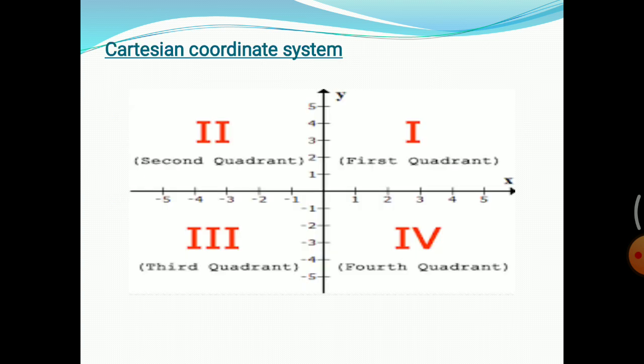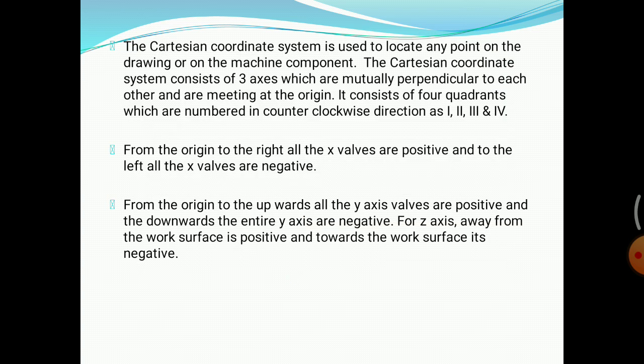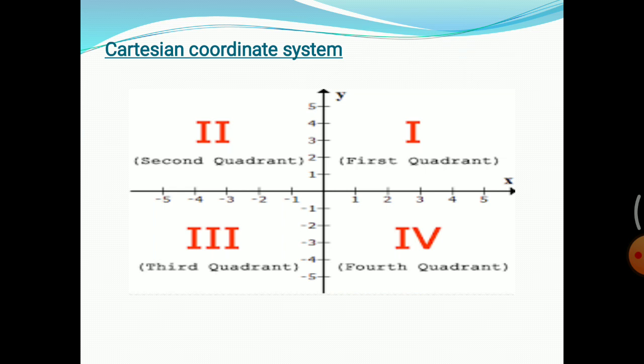Now, a Cartesian coordinate system is also very important when we are writing a CNC part program. What is a Cartesian coordinate system? A Cartesian coordinate system is used to locate any point on the drawing or on the machine component. So if you want to fix any point on the machine component, we make use of a Cartesian coordinate system. As you can see in the diagram here, this is the Cartesian coordinate system